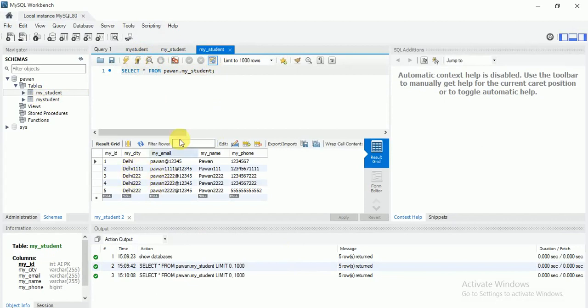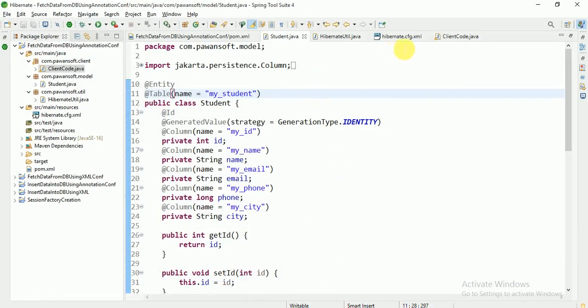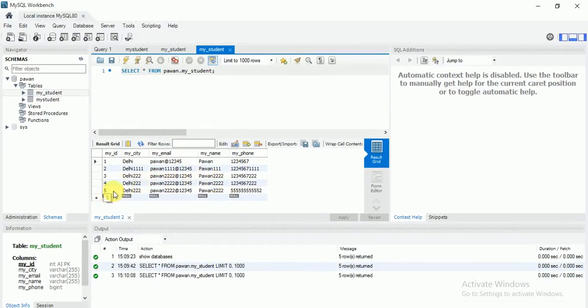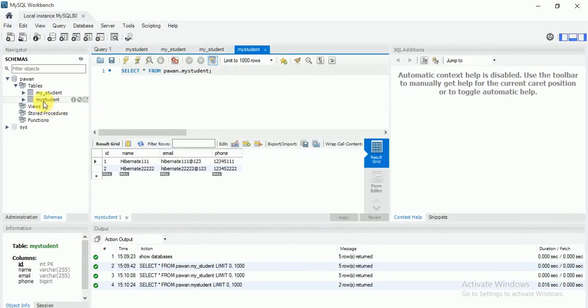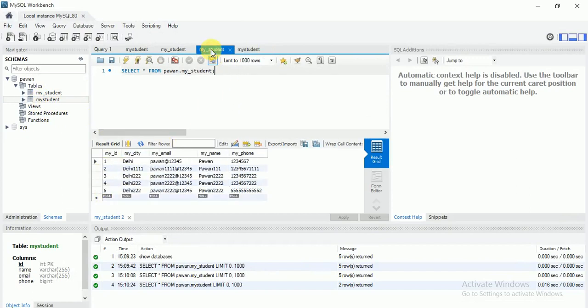I want to fetch the last one, the 5th record. If you execute this query, in my student table I have only 2 records, but in my_student table there are 5 records.